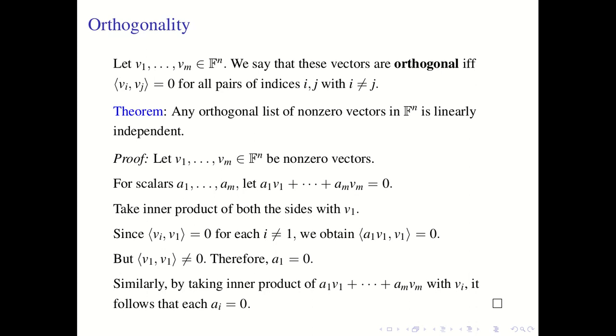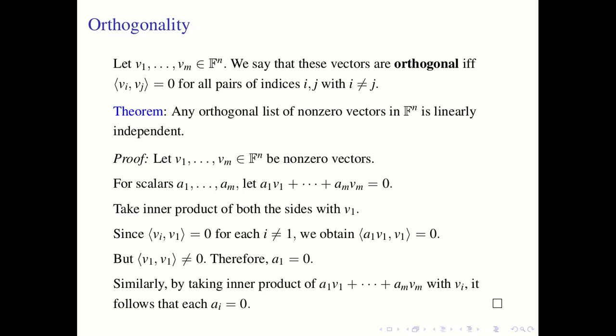We want to show that this implies that a1 equal to 0, a2 equal to 0, etc. am equal to 0. Now taking the inner product of a1 v1 plus etc. am vm with v1,